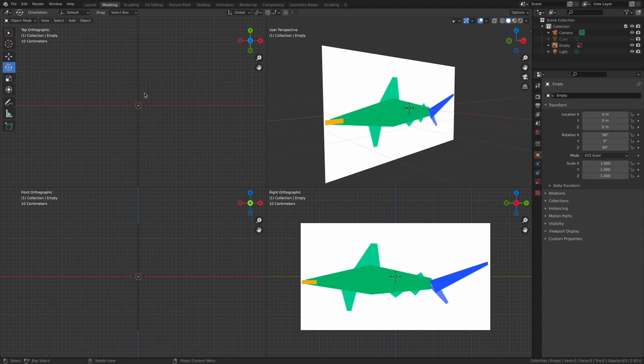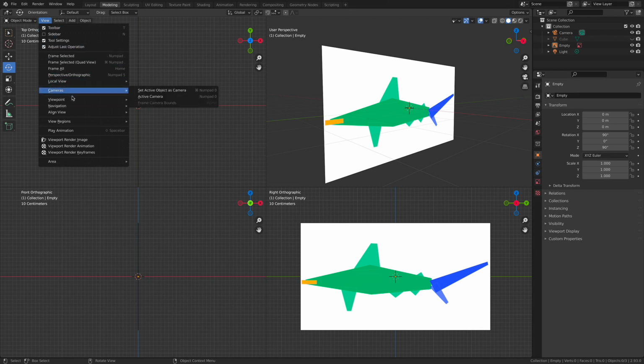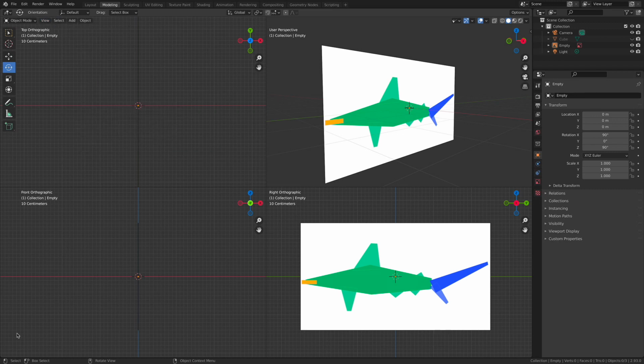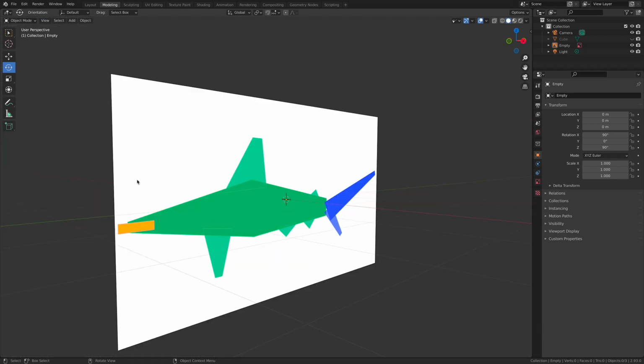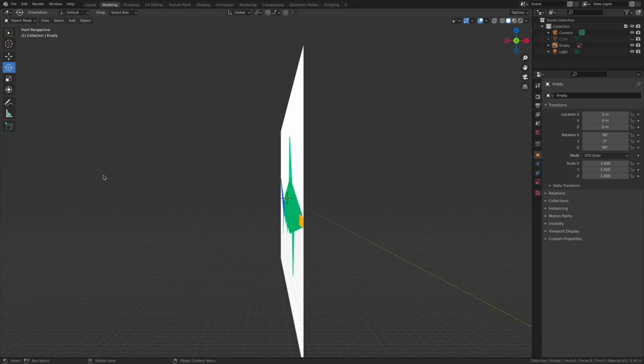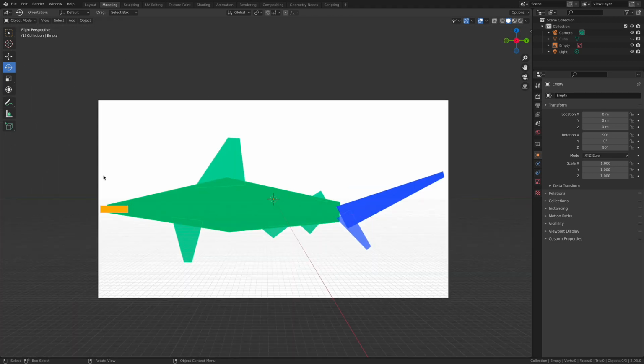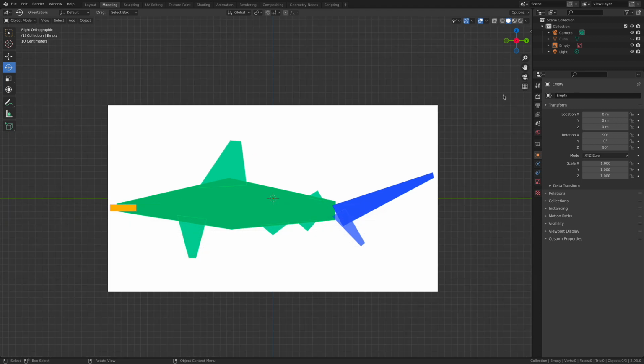One of the things that I would really recommend that you get comfortable doing is going in and memorizing all of these keyboard shortcuts for all of the different orthographic views. They're number pad specific. And if you look real carefully, you can see the keyboard shortcuts just to the right there. Number pad 7, 1, 3. That's going to help you out. Some folks like working in this quad view. Some folks like just staying in this big view and then just changing the view based off of the number pads.